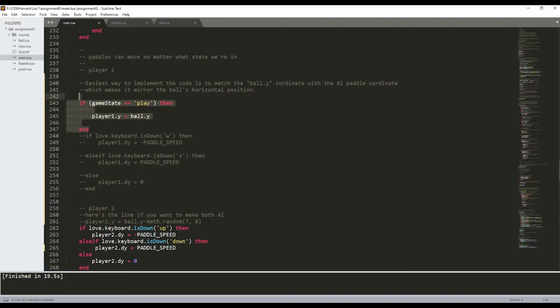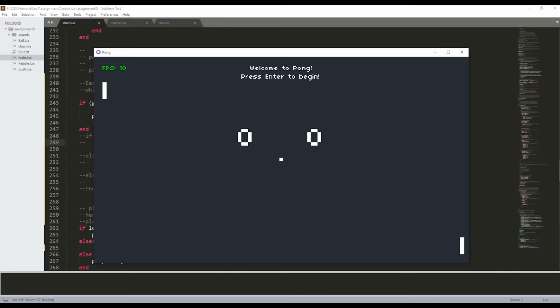When the game state goes to play, this condition takes place. And now the if condition is not entirely necessary. This line would also be sufficient, but just to make sure that the code is clean, this line is executed only when the game state is on play. So if I run the game,